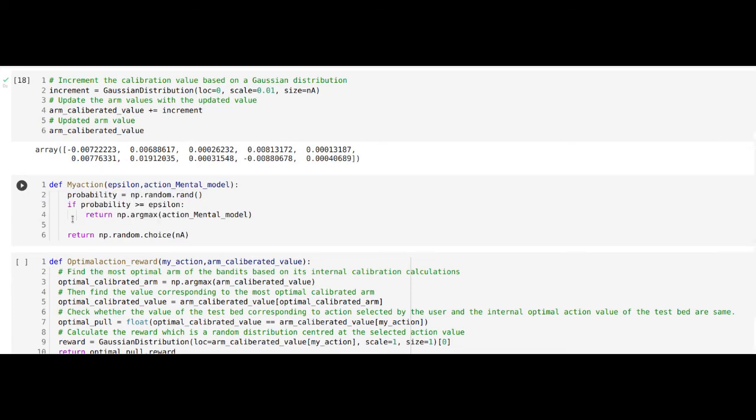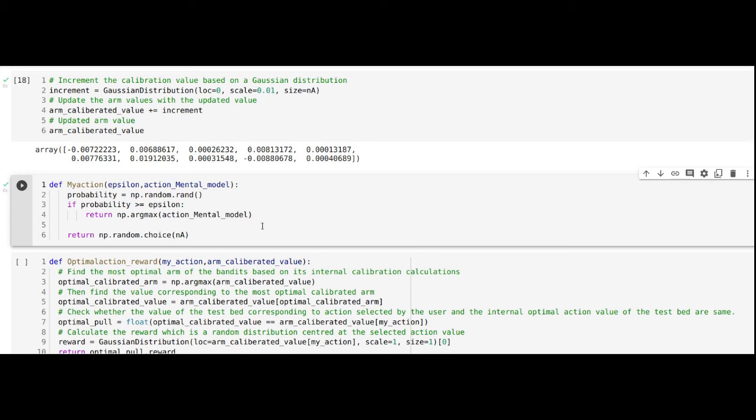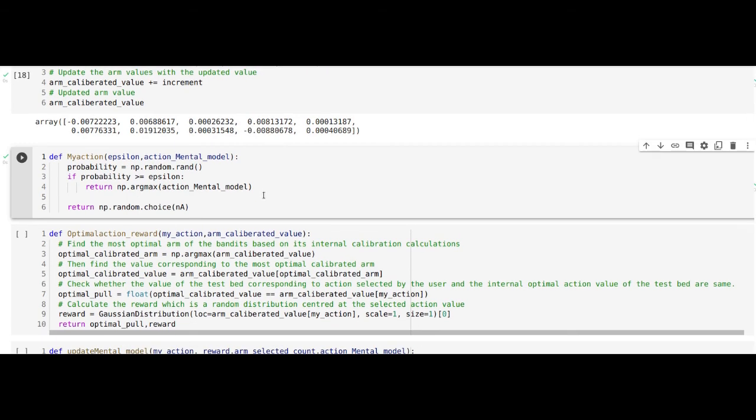Let's look at the 4 different functions to this. Let us look at those different functions which we will use for creating this process. The first of these functions is the function to select the action which we are going to take. We saw that if probability is greater than epsilon, then select the maximum index of actions, or otherwise it's a random choice. That's the process for selecting the action.